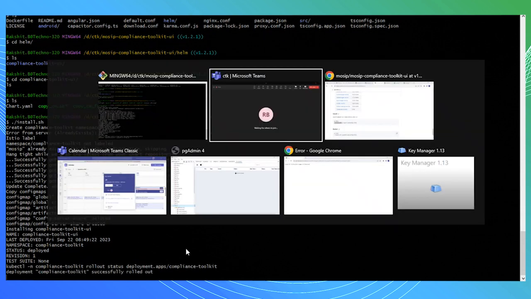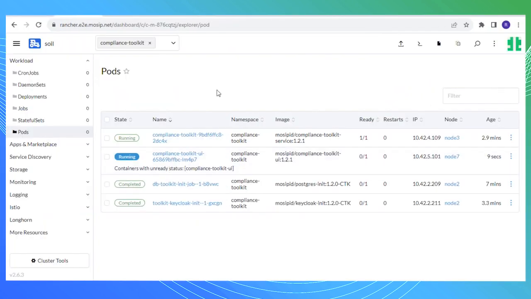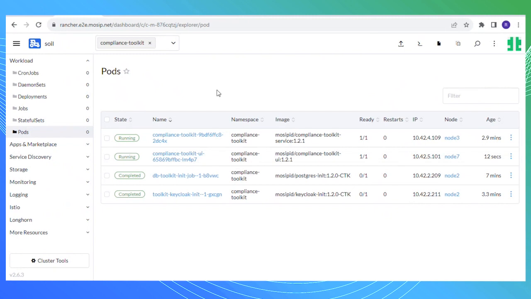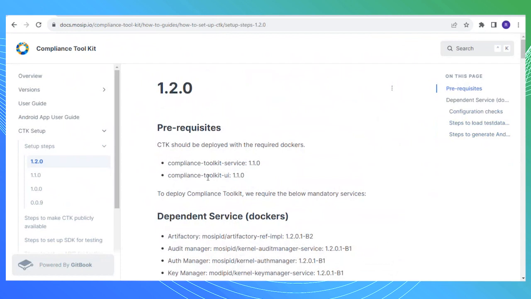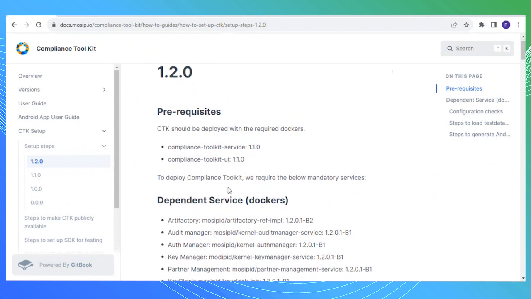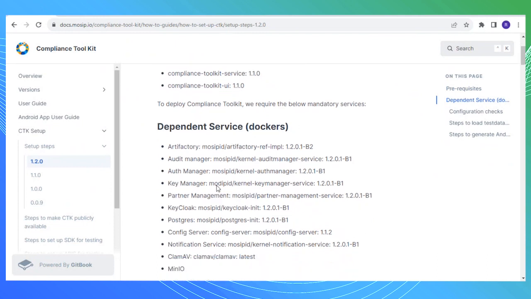Compliance toolkit UI. Let us check in the Rancher. Yeah, compliance toolkit UI is also up and running. As per the setup steps, the prerequisites we already done. We installed the toolkit and the service. The dependent services should be running,